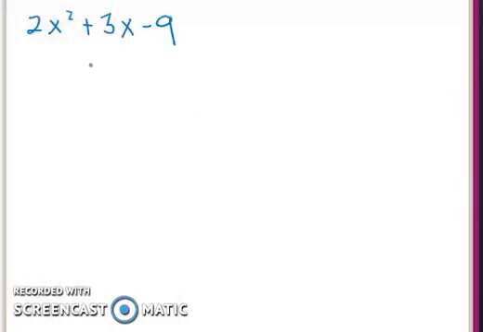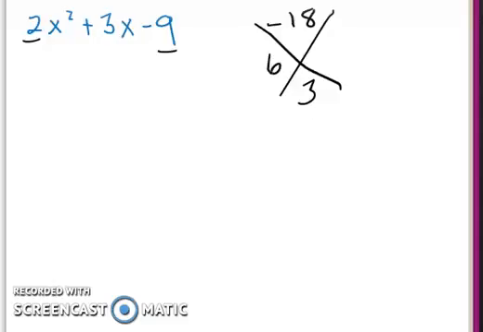When we get to this problem, we have to not do basic factoring, but factor by grouping. So we're going to have to multiply these two together. We get negative 18. And they have to add to 3. So two numbers that multiply to give me a negative 18, add to 3. It's going to be 6 and negative 3. So we're going to break that down. And we're going to get, let's do negative 3 over here, x plus 6x minus 9, and drop down the